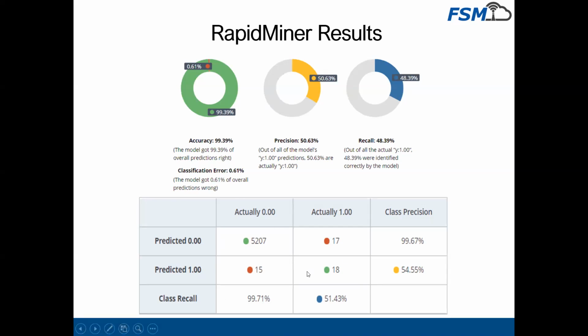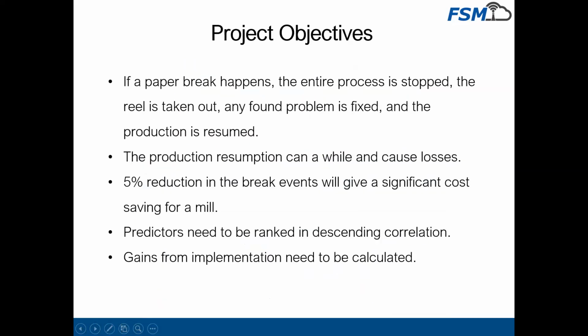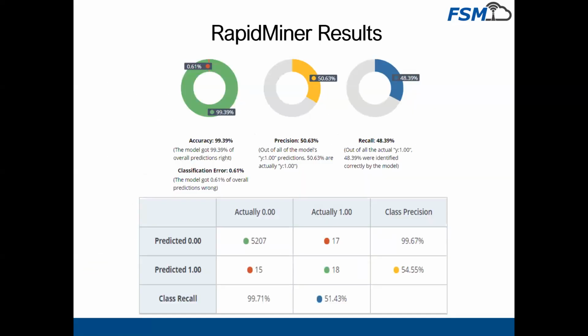Out of 18,400 rows, as shown over here, it actually used some kind of holdout validation. The RapidMiner model did not provide a lot of customizability of the parameters it chose. That's why the number of events that have been classified over here is much lesser than the actual number of entries. And here we can see that accuracy is extremely high, and that is because most of the events are anyways not of the breakdown condition. Hence, we should not judge this model by this accuracy.